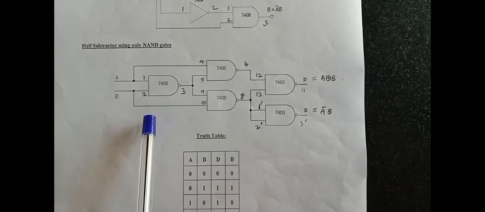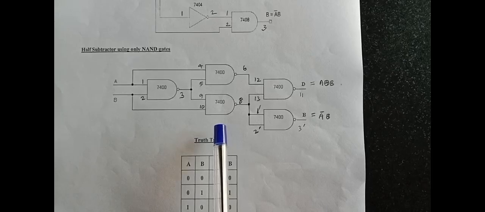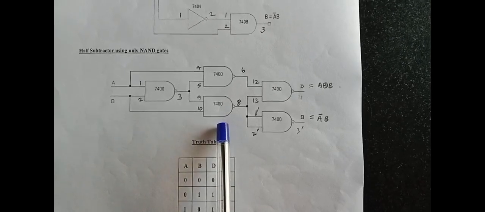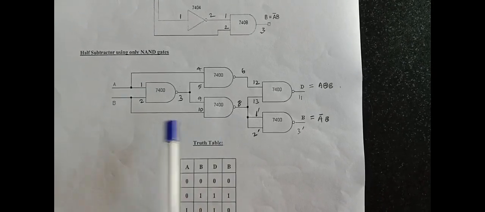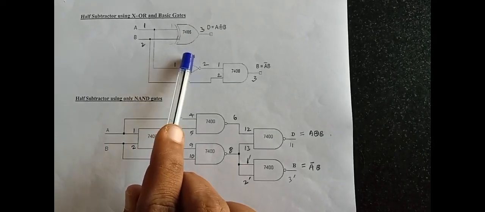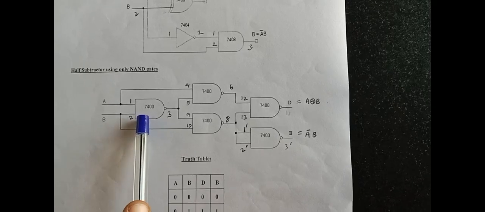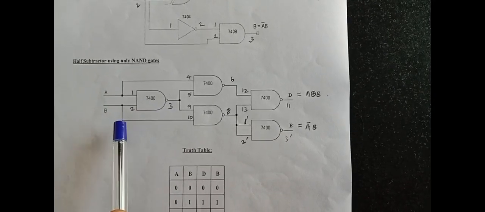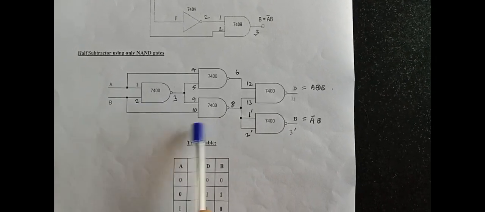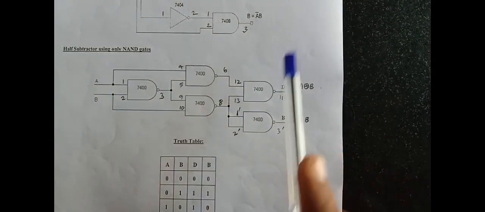So this is a circuit diagram for half subtractor using only NAND gates. So I am going to use the NAND gate to design the half subtractor. So in the previous diagram, the XOR gate 7486 is replaced by 4 NAND gates. So this is IC 7400. It is a 14 pin IC. This particular IC has 4 NAND gates, and we are using another IC for the borrow output,